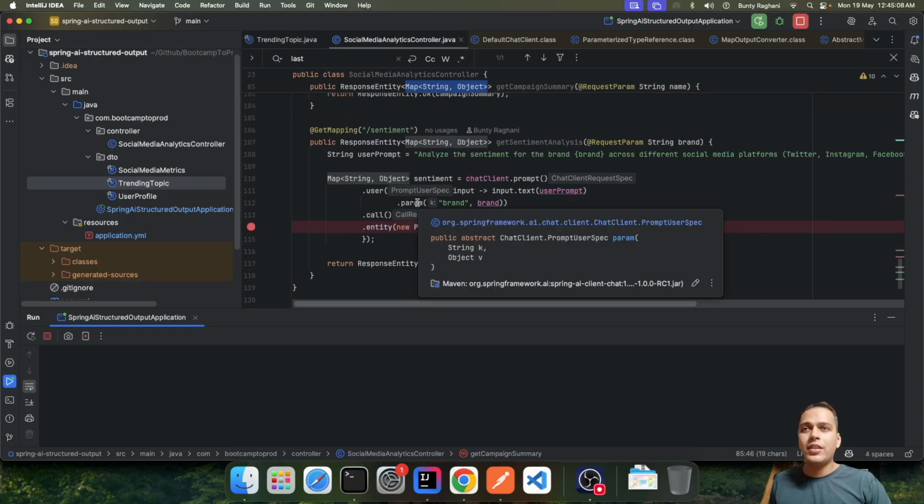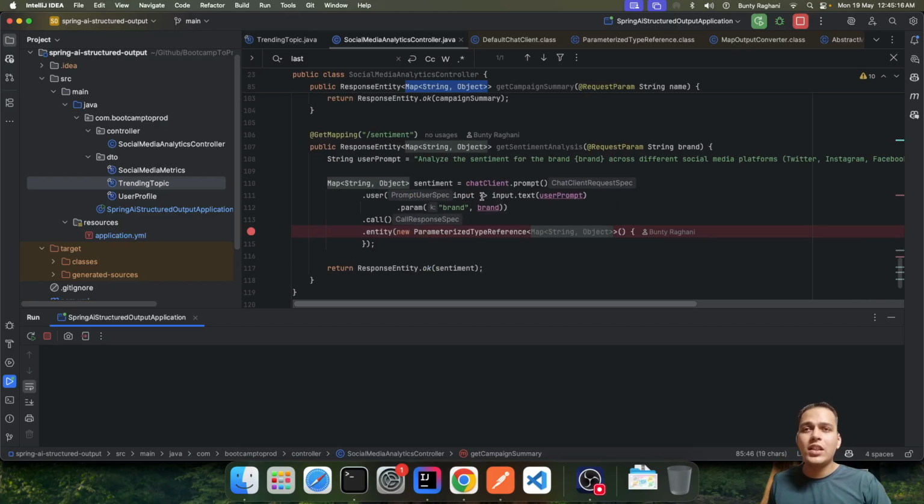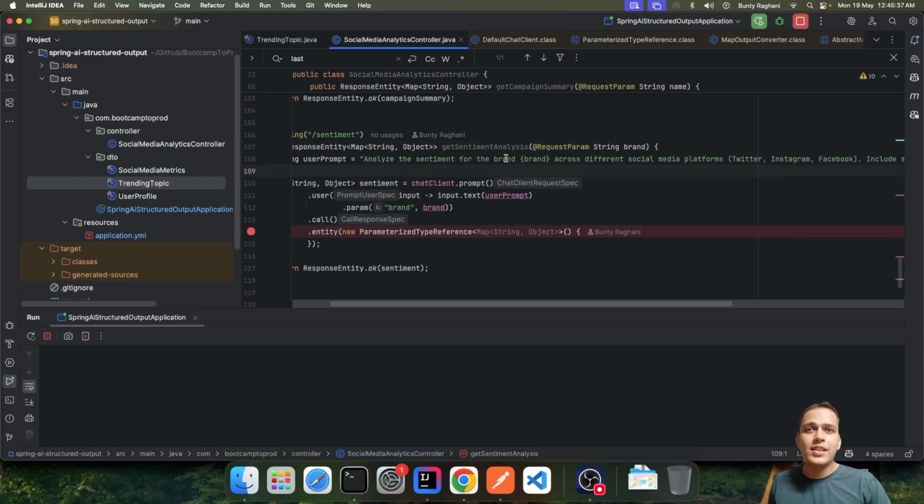Now coming to the last endpoint, which is related to map of key value pairs only. The only difference is that instead of using the map output converter, we are requesting the data with the help of a new parameterized type reference, and then we are specifying that we need the data in this format, which is map of string, object. So as an input we will receive the brand from the user, and with the help of the LLM it will analyze the sentiment for the brand for different platforms like